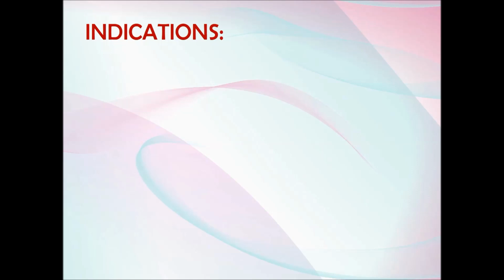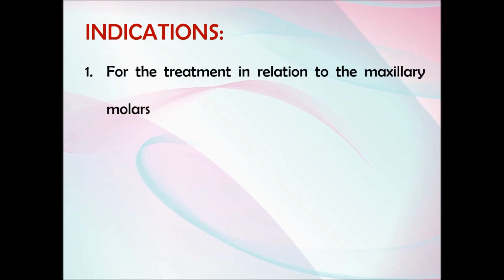Now, moving on to the indications of the nerve block. When do you really need to give a posterior superior alveolar nerve block? The first and foremost is when you have to treat the patient in relation to the maxillary molars. Now, what are the main procedures that we do? The two main procedures are a root canal treatment and the second one is extraction. Except this, there are other procedures as well, placing any implant, doing a sinus lift, any periodontal surgery, any bone grafting, anything else that is done in this region, you will have to give a posterior superior alveolar nerve block.